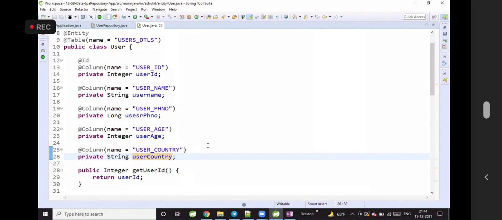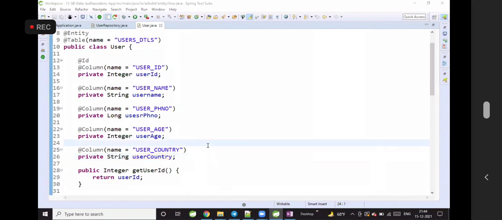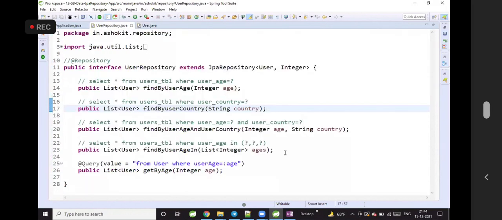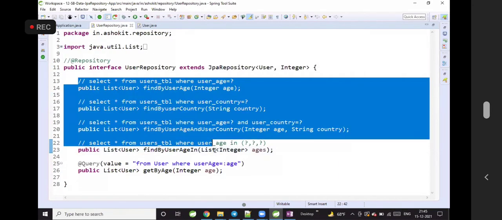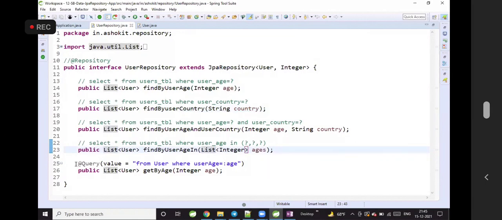No, we don't have any method to retrieve the data by using non-primary key. In order to retrieve the data by using non-primary keys, we have two options. One is find by method and the second one is custom query.